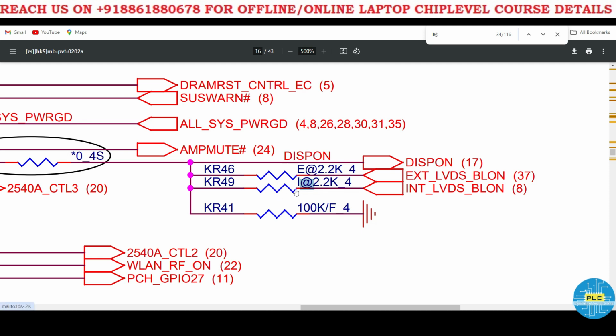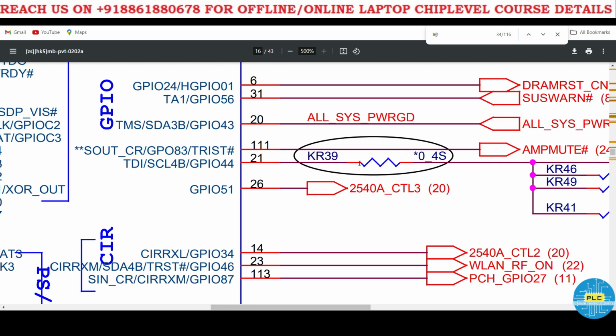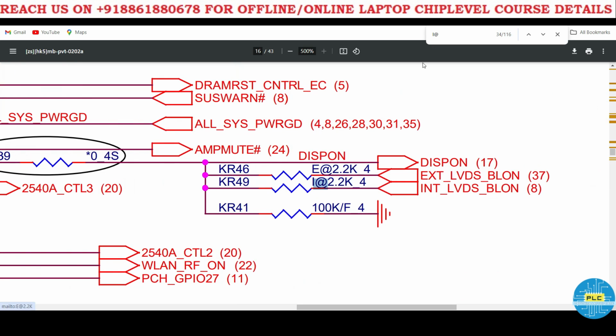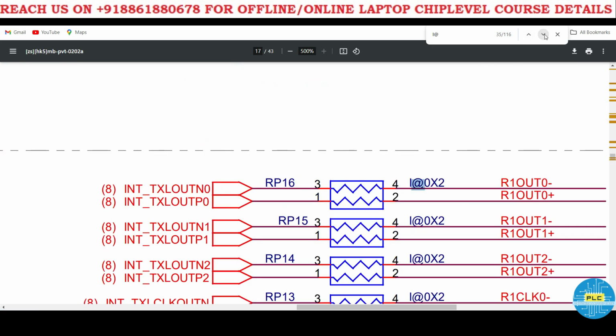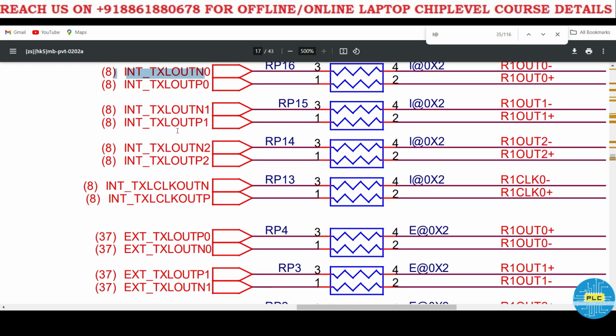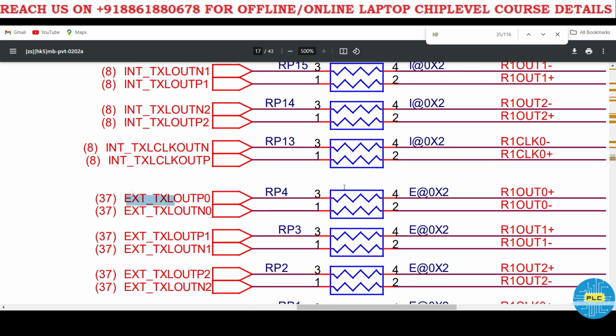We need to shift it to Intel one. See this one is external, here is the internal. Display directly it will go to here. So in this condition you need to put this resistor. Okay, because this display on has to go, that's why. Okay, next here, see network resistors, in that video we have seen some network resistor, we need to replace it. Why? This one is internal transmitter, out positive negative, and here is the external one. This one is what, the value